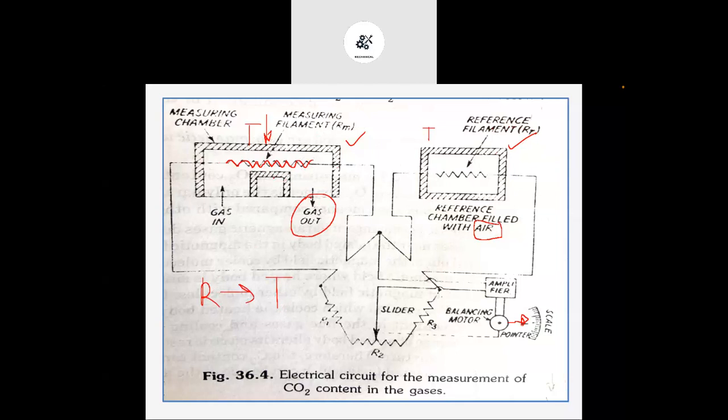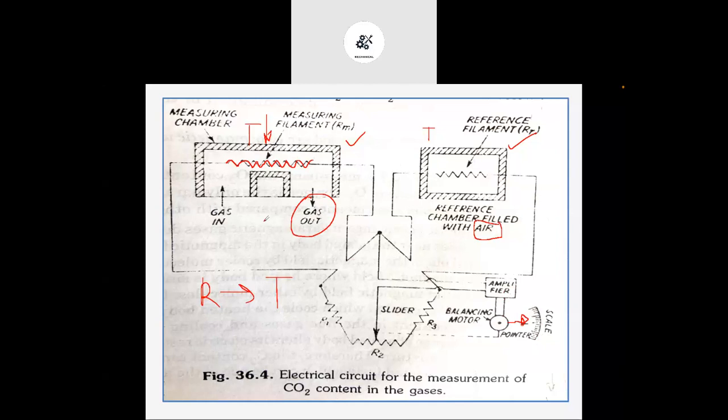what will happen? The resistance which is offered by this filament will decrease, because resistance depends upon temperature. When we vary the temperature, resistance will vary. And because here resistance is different, here resistance is different, because of that, imbalance of this particular Wheatstone bridge takes place. Now to balance that bridge circuit,